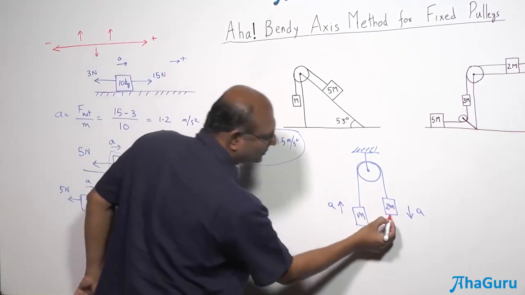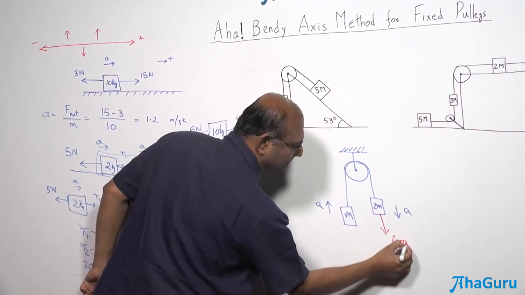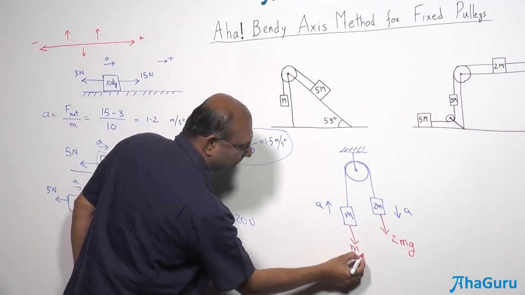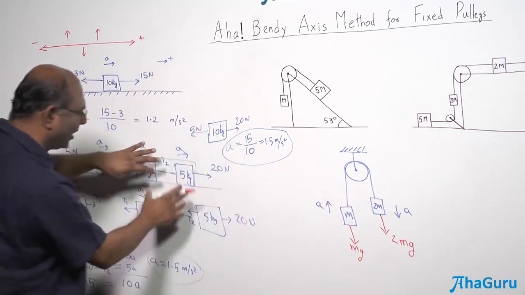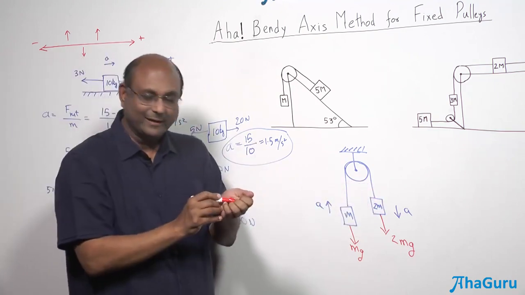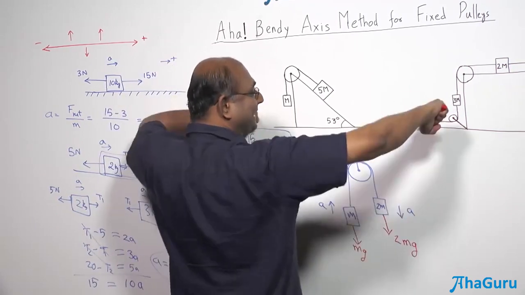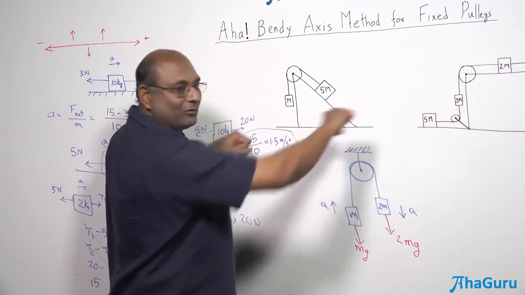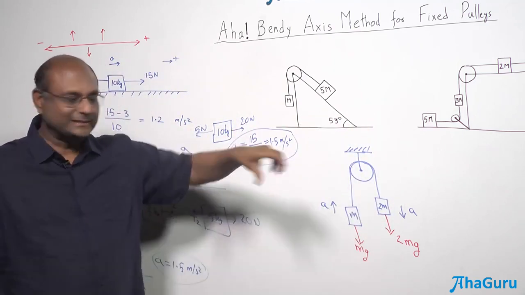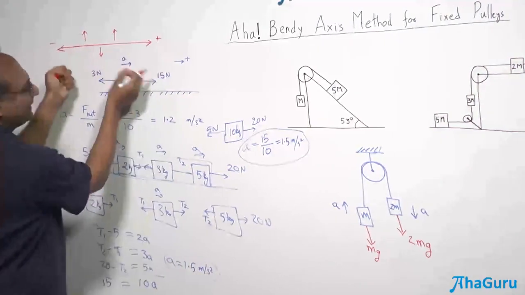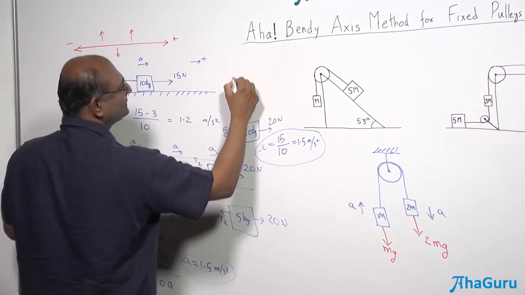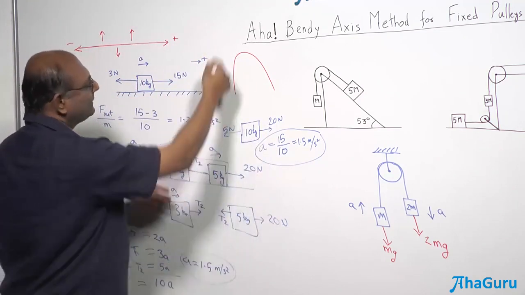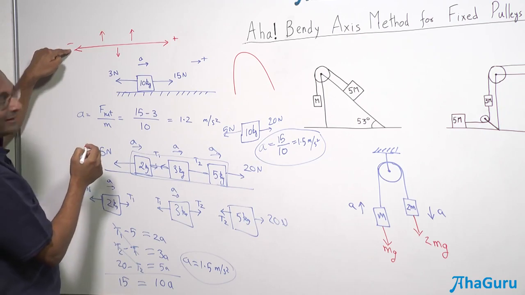So if I look at the force on this fellow, it is 2 mg. The force on this fellow, mg. You can go ahead and draw two blocks separately and separate it out, but I don't want to do that. I want you to think about the fact that if I straightened out this bendy axis, this axis has been bent. So what if I straighten this out? How will it look? It looks like the straight lines. Now this axis, if I had bent, how will it look? It will look like this. Let's say I bent it like that. Not necessarily vertical, some direction like this. Now this is the minus direction, that is the plus direction.